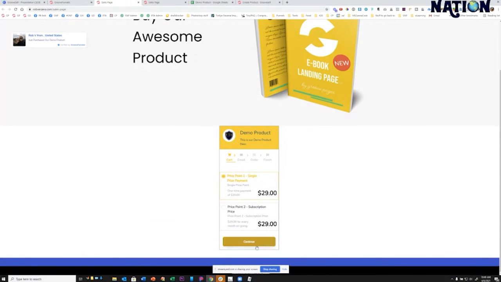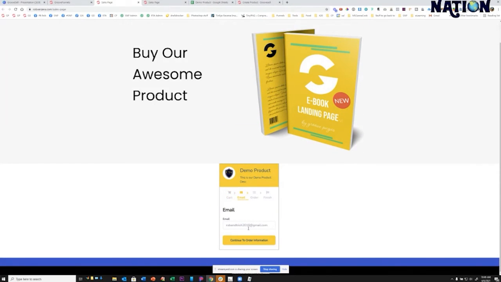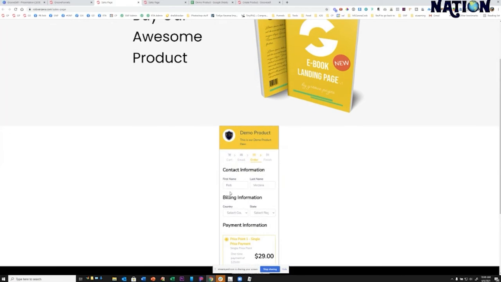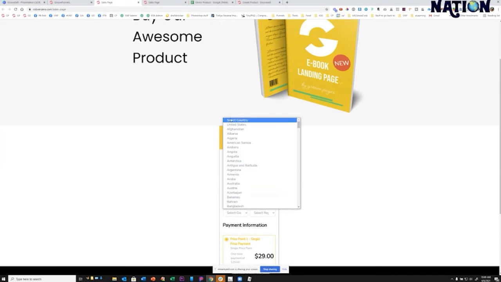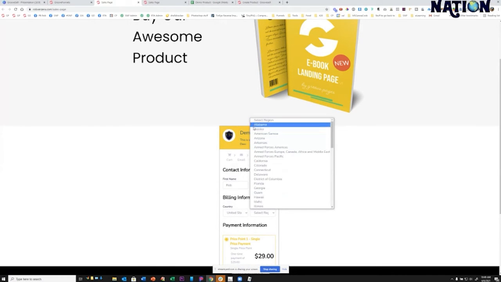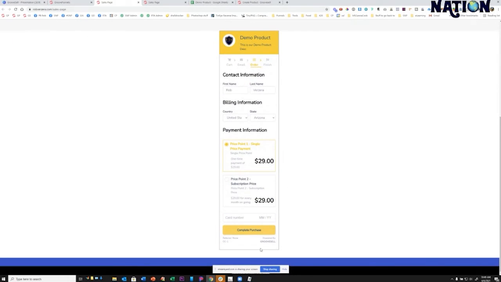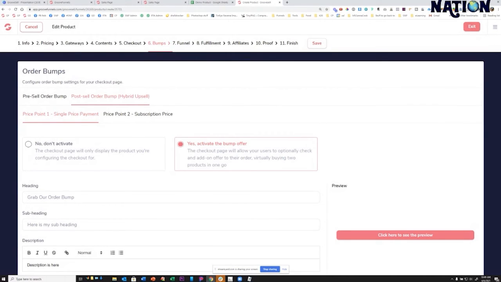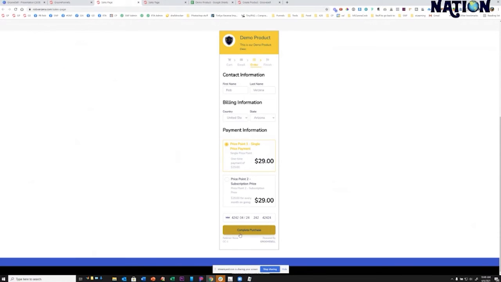So we have our single price point. We're going to do continue. We're going to keep the same email address. Country, we're going to select the United States and Arizona. And the card number is going to be the 4242. So remember what we had here is we had set up the post-sell order bump, okay? So what should happen here is when we do complete purchase, it's going to ask us,